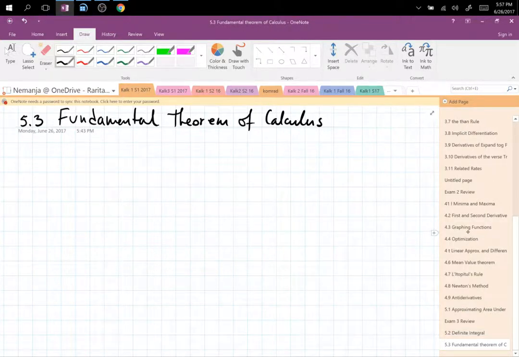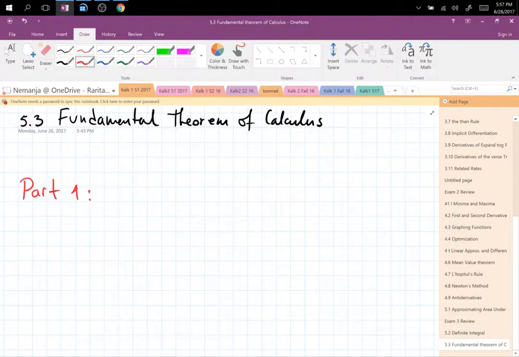The lecture today is the fundamental theorem of calculus. So, the fundamental theorem of calculus is going to have two parts to it. And one of them is going to be part 1,